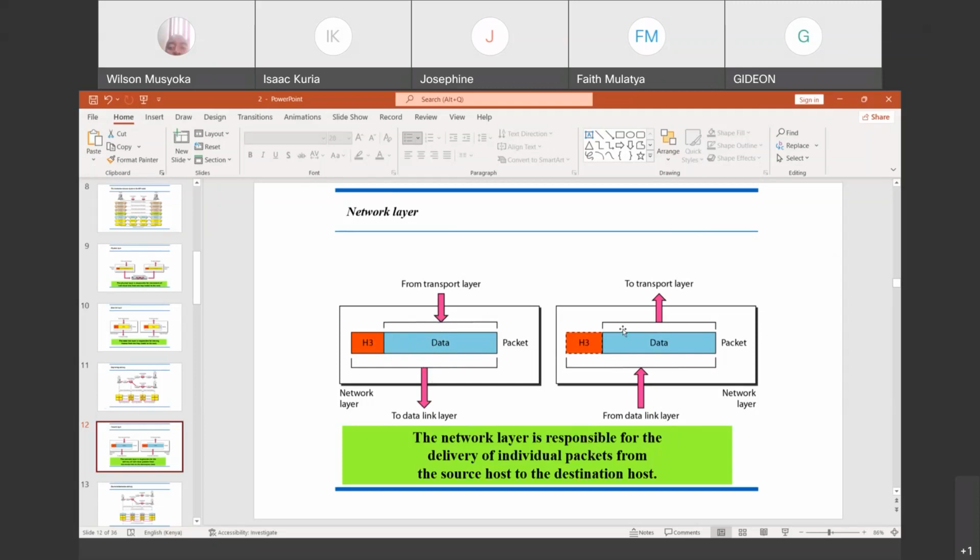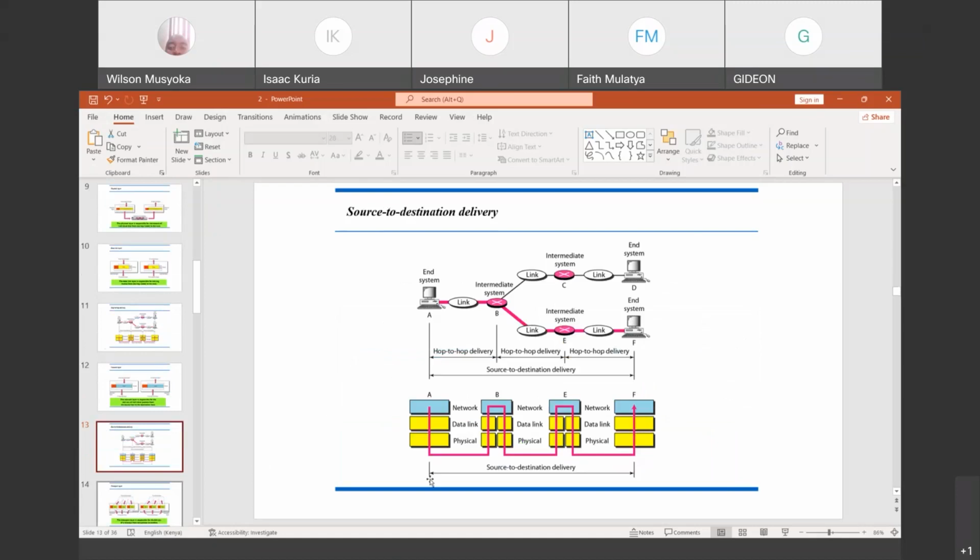Once it reaches there, now it can be de-encapsulated. This is what we are talking about. As you are moving from source to destination, these two are divided, meaning that the destination address here becomes the source address as you move to the next hop. But this color here, blue, shows that the IP address remains the same. That is why we are talking about source to destination delivery, not hop to hop delivery. So down here, we are talking about hop to hop delivery, but at this layer, we are talking about the IP address remaining the same from the source to the destination.